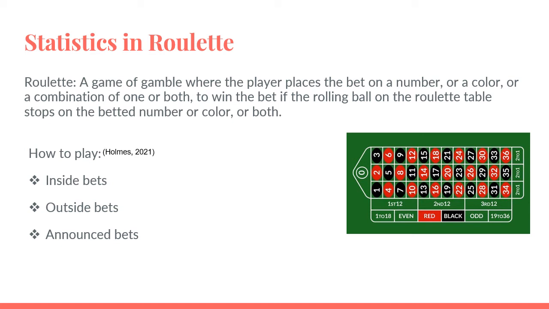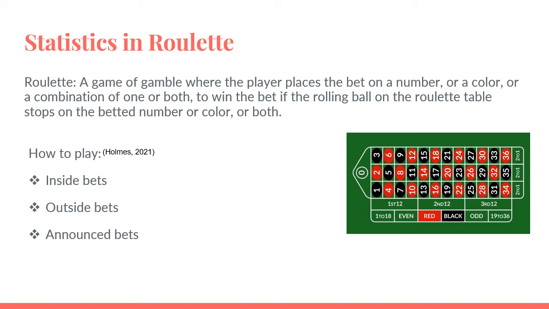The winner of the bet gets a payout based on the type and size of the bet made. This does seem like a game of chance or a game of probability as well. Players choose by declaring the type of bet they want to go with. Namely, the bet can either be an inside bet, which is to place a bet on any of the numbers seen on the inside of the table,